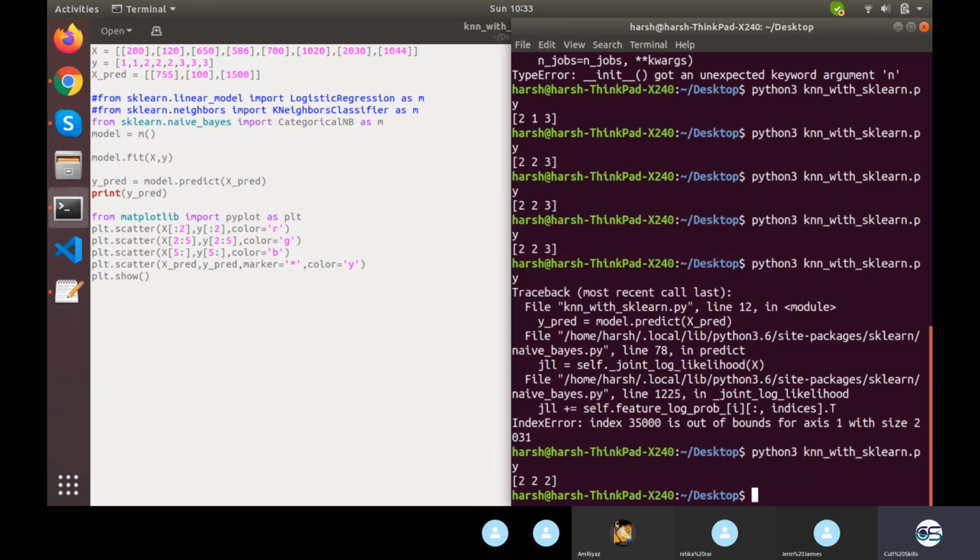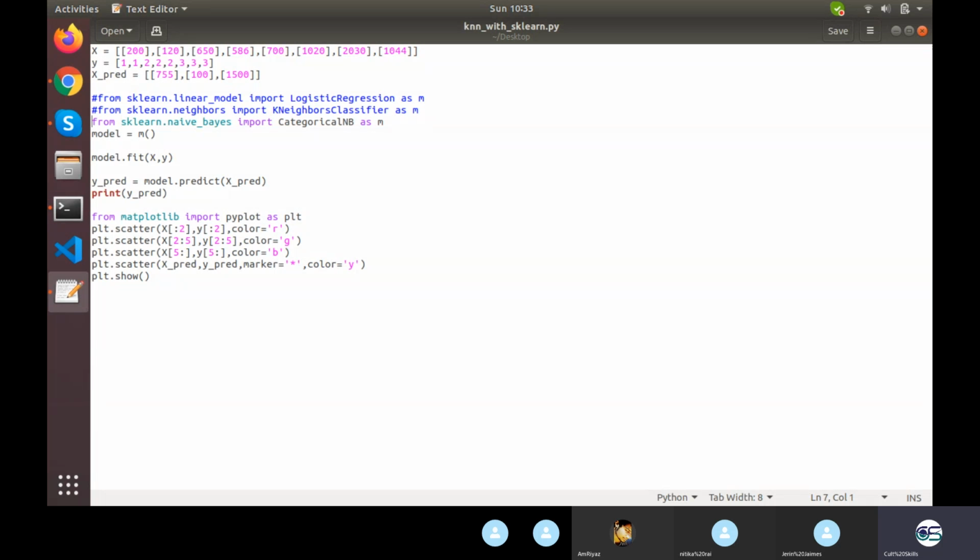What I was expecting to show you here is the structure of the model. It's like from sklearn.naive_bayes import CategoricalNB as M, and I'm just calling M. That's it. Simple enough. That's how we can use Naive Bayes. A serious warning: do not use Naive Bayes at all. Just know that it exists, and it used to exist earlier. You can use it for faster results, because it takes comparatively less time on scalable data. But when you work on a large quantity of data, you cannot really take this model into consideration.